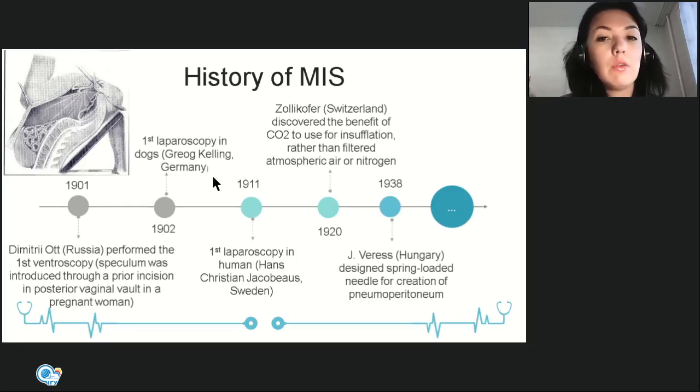Then in 1938, Janos Veres from Hungary designed a spring-loaded needle for the creation of pneumoperitoneum. So what is pneumoperitoneum? We'll talk about it later. Well, in simple words, when we perform laparoscopy,